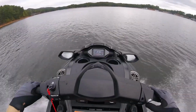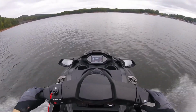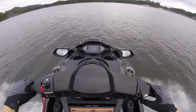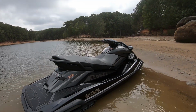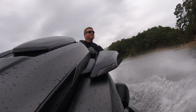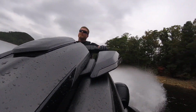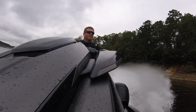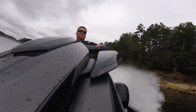For cruise assist, you're given up to 5 miles per hour of advancement or deceleration before requiring to reset to a different speed. Reverse assist gives the rider a little extra oomph while backing up, ideal for when you're backing off at the trailer. The Thrust Directional Enhancer, or TDE, uses the trim arrows while set at neutral to give the rider the tiniest bit of forward or reverse thrust without using the ride control levers for maneuvering around a crowded dock or